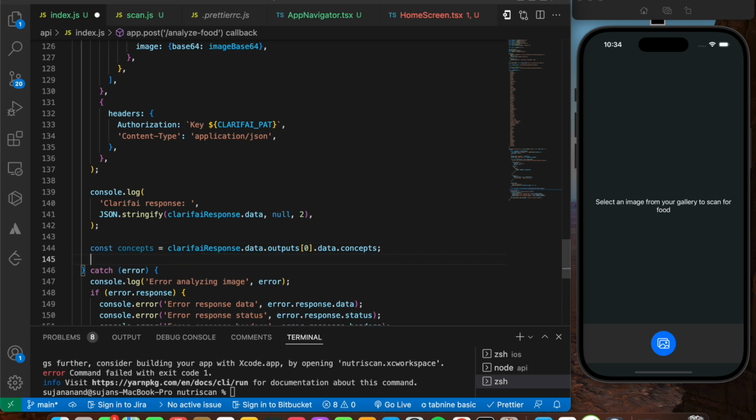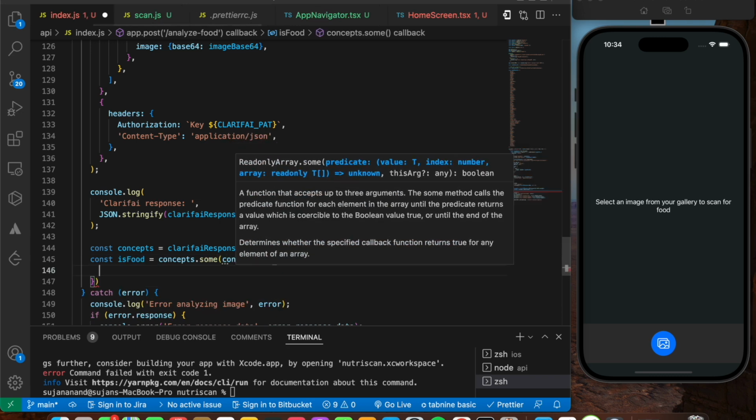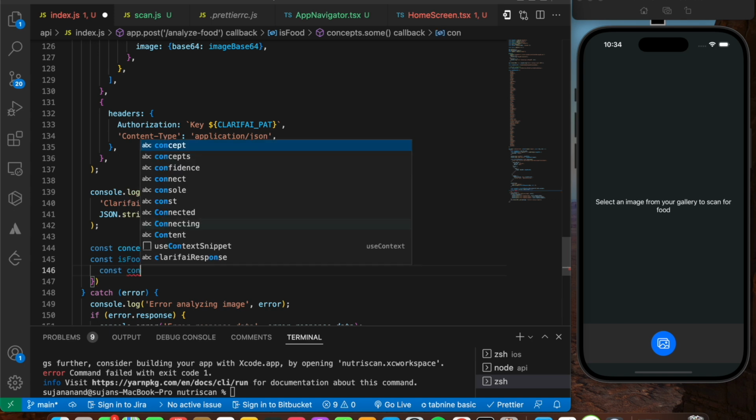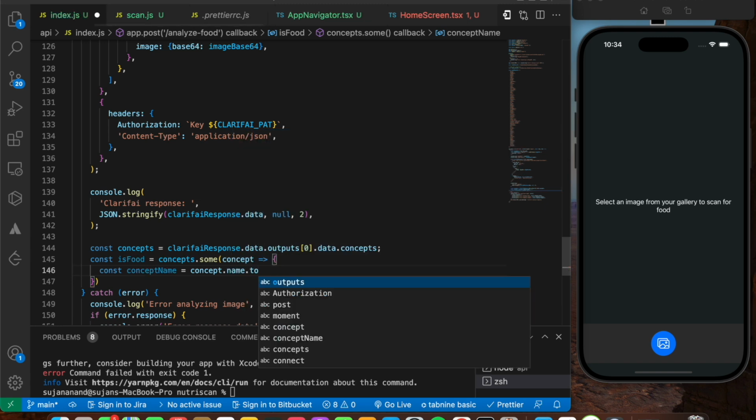So here first of all we're going to check a condition just to check that if at all this is a food or not. So I'm going to say const isFood is going to be equal to concepts dot apply the some method. So for every concept I'm going to access the concept name. I'm going to say conceptName is going to be equal to concept dot name dot toLowerCase,